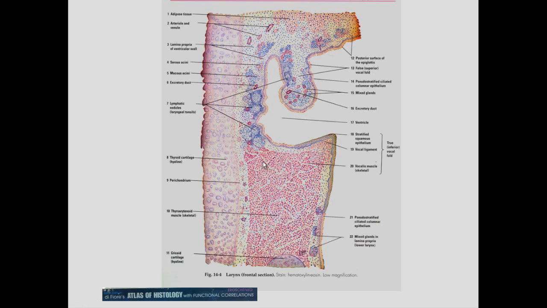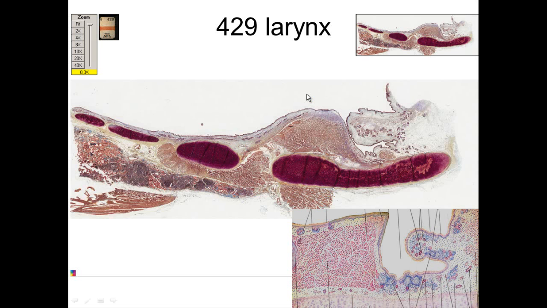Here we see the larynx. The larynx has the true vocal cords, which have stratified squamous epithelium on their surface. The respiratory epithelium is located in the other portions of the respiratory system, and that is pseudostratified columnar epithelium with ciliated cells. We see the muscle for the vocal cords, and we can also see the cartilage. So this is a true vocal cord, and this is a false vocal cord that we see, and we see some lymphoid tissue there in protection of the airway, as well as some glands